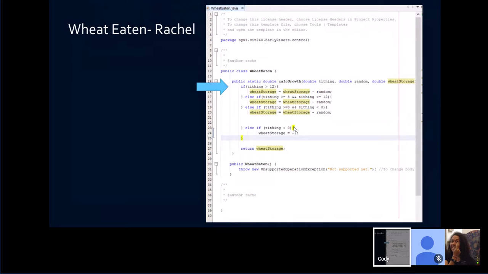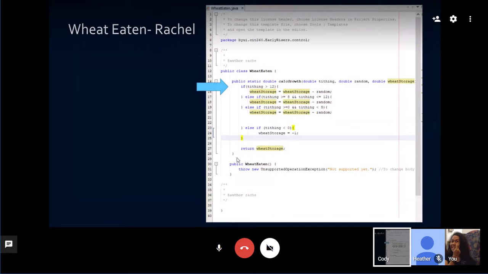So I wanted to check what tithing they entered, and if it was between a certain range, then they would get a random amount eaten by rats. So that's where the random